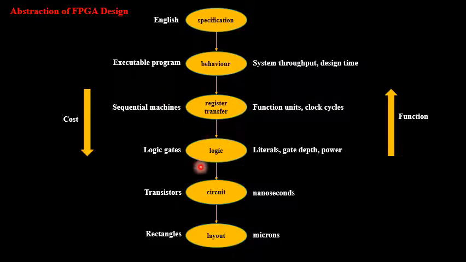After that comes the logic level. So you have a boolean expression, which is available at the register transfer level. From that boolean expression, I will come to know which logical gates I am supposed to use. If I am using a latch or a flip-flop, I will come to know that as well. So these logics will have either the logical gates in terms of the boolean expression you used from the previous register transfer step, along with that, they may also include flip-flops or latches.